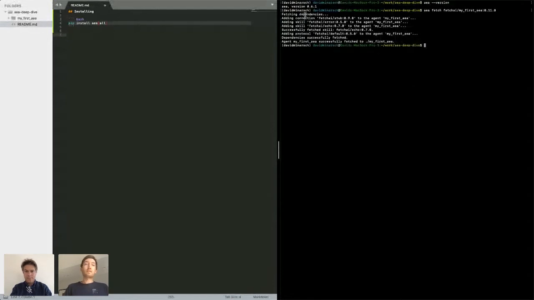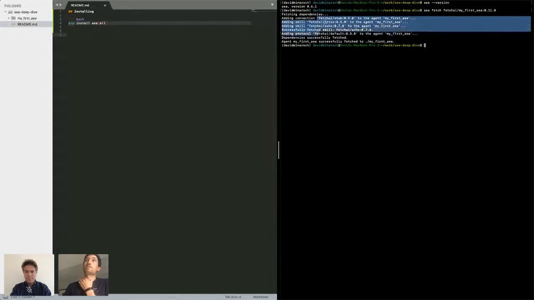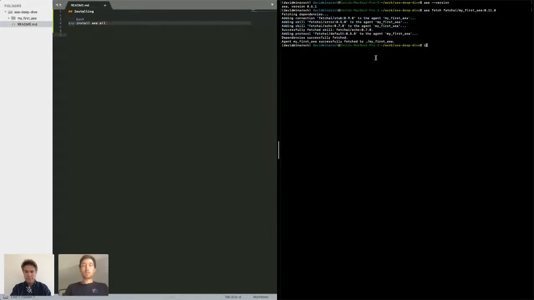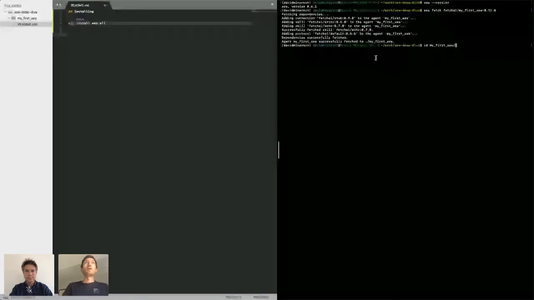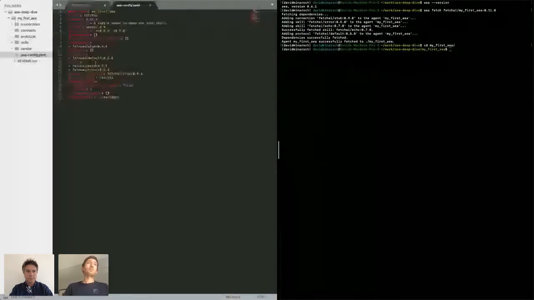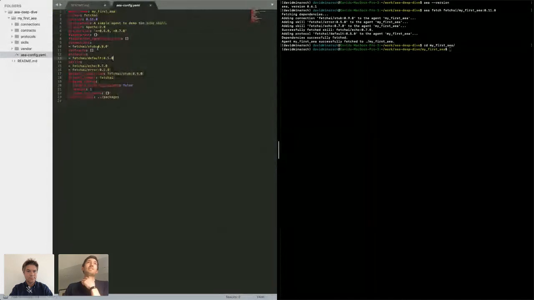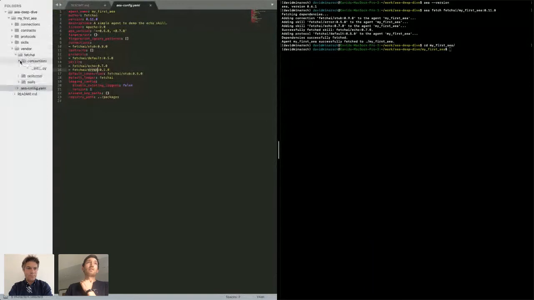So what it has done is it's gone and made a simple HTTP request to achieve the download of a bunch of these dependencies. So it first downloads the agent project. We can have a look at this. So an agent project is defined by essentially just this configuration file, which specifies its dependencies. And all these dependencies have also been downloaded, as you can see here on the right-hand side. And they have been placed under the vendor in the relative positions. So the connection was stub, the default protocol, and the echo and error skills.